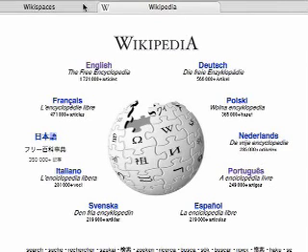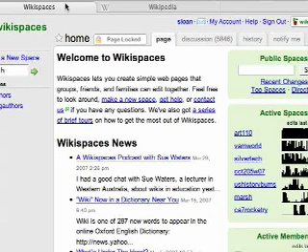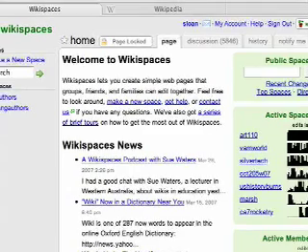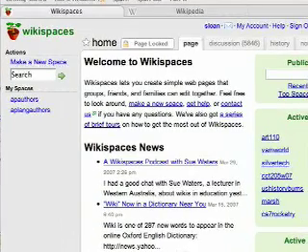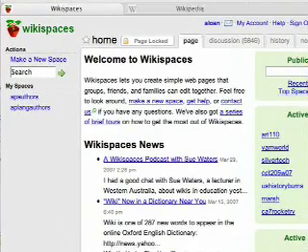So a lot of companies have used the wiki technology and tried to open it up and apply it in different areas. And so the place where I'm going to go today is called Wikispaces. And Wikispaces is built on the Wiki software, which allows anyone to update content on a web page easily and